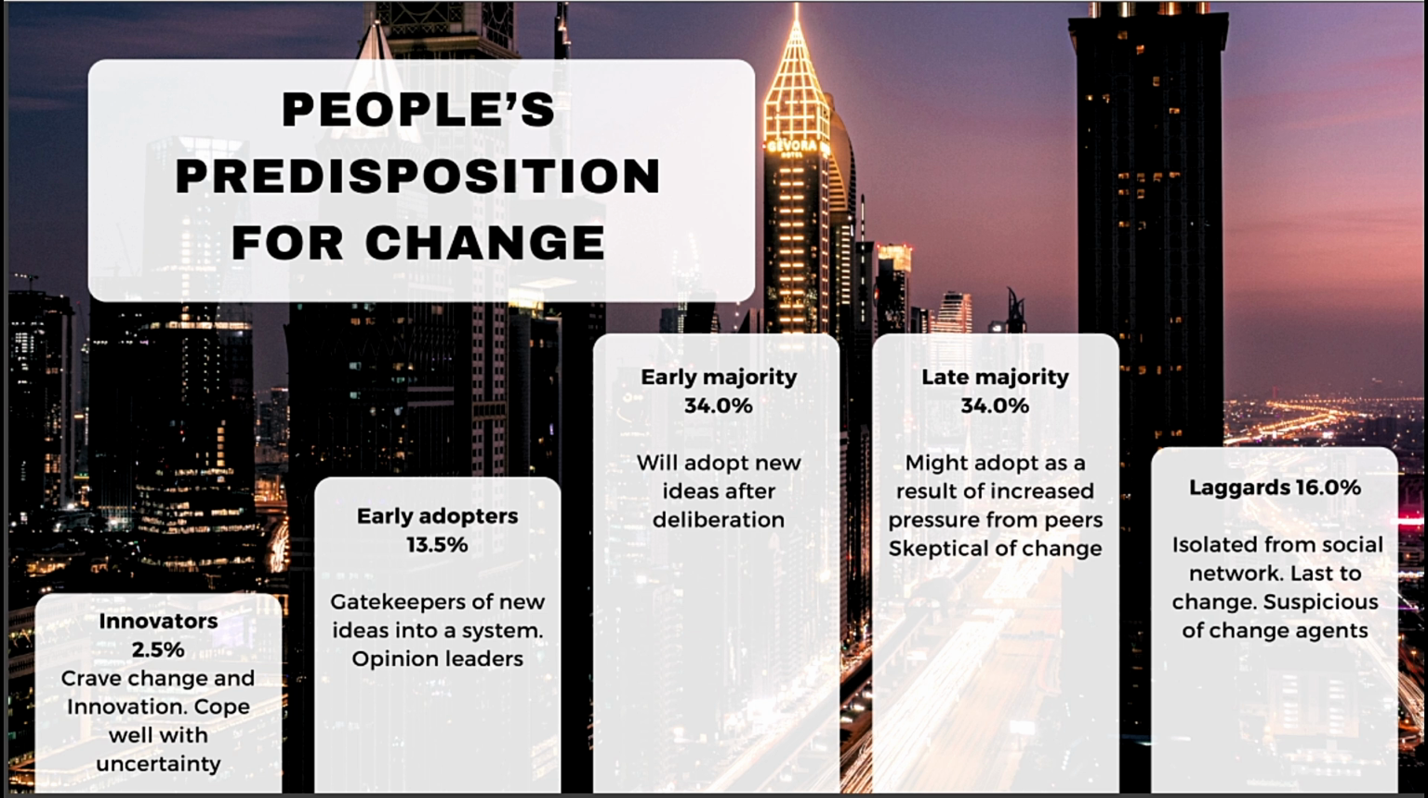The early majority, which makes up 34.0%, consists of individuals who are willing to adopt new ideas after careful deliberation. They make up a significant portion of the population and play a crucial role in the widespread adoption of change